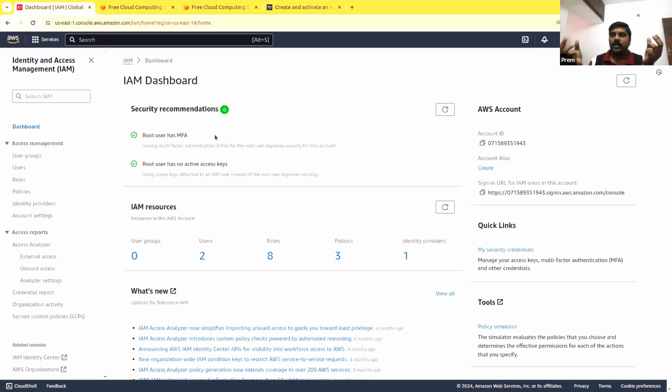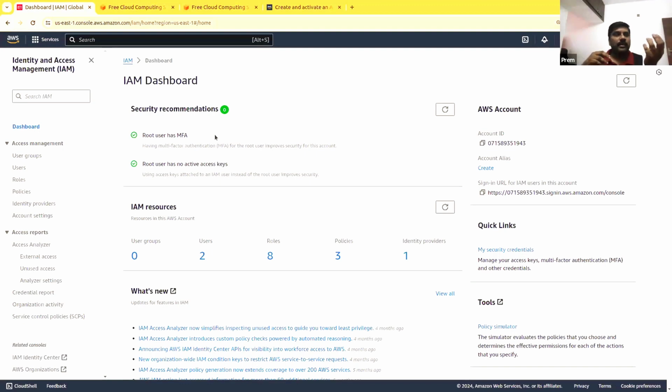So for this EC2 instance, which is a server, to write into the database, it needs to have access to write into the database.